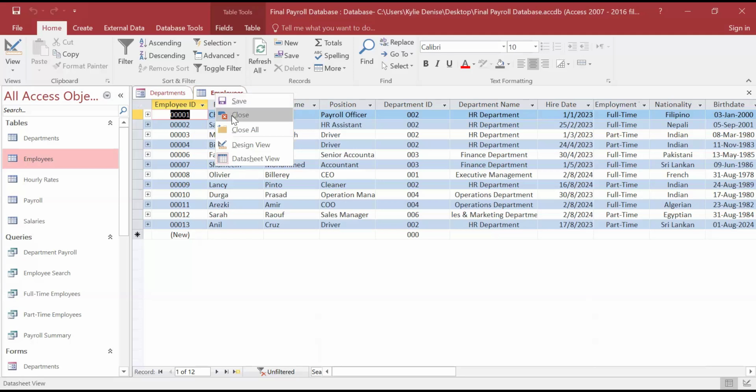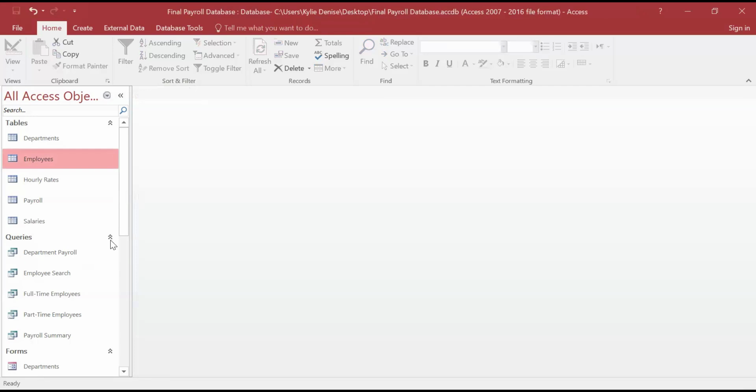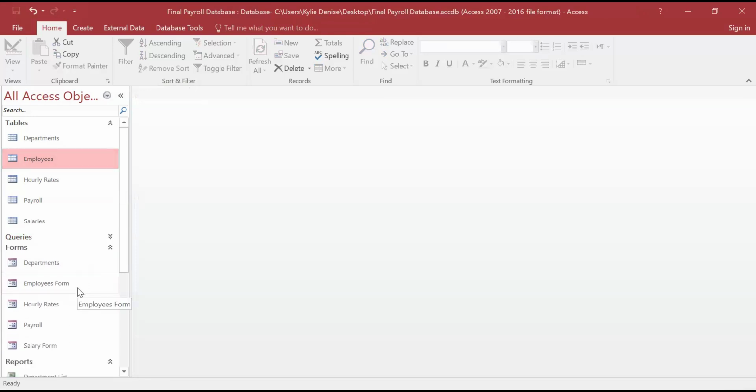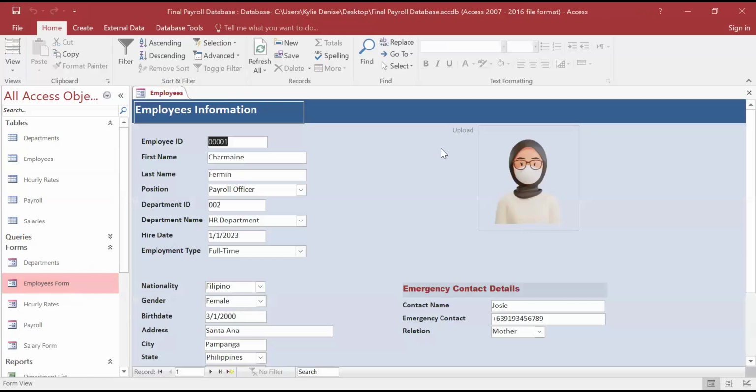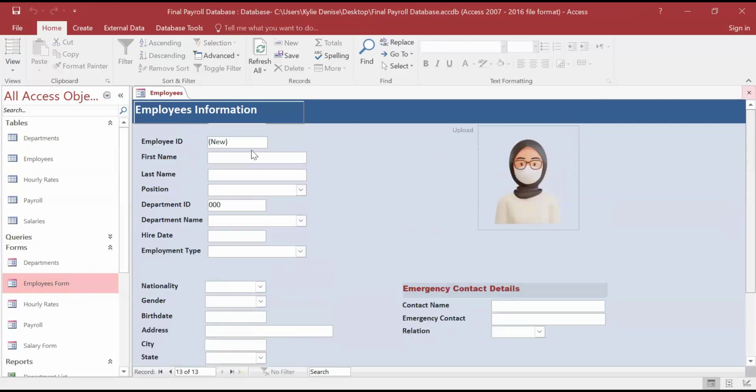Okay. So employee, now department, it's fine. Now if we go to the employees form, this is how I designed the employees form. If we want to add, let's say I will add a new staff.